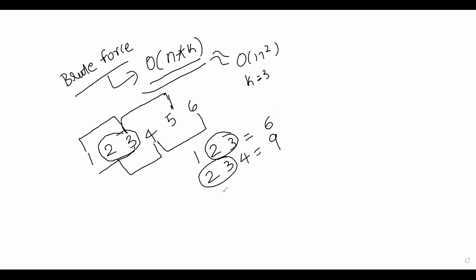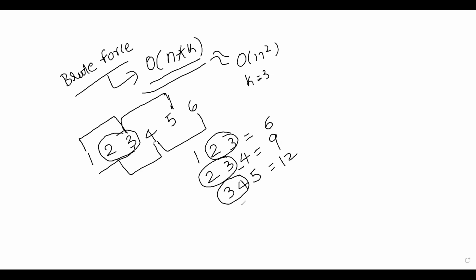Okay, so now what you're doing, 3, 4, 5. What is the sum of 3, 4, 5? 9, 10, 11, 12. So again, you're calculating. If you see here, you have already calculated the sum of 3 and 4 here. Again, you're calculating here. This is your brute force approach. That is what I'm explaining.